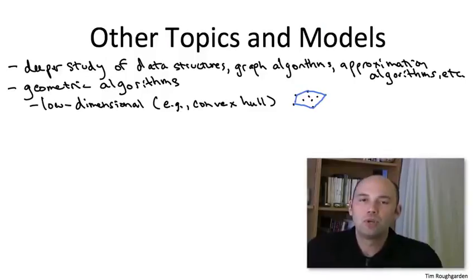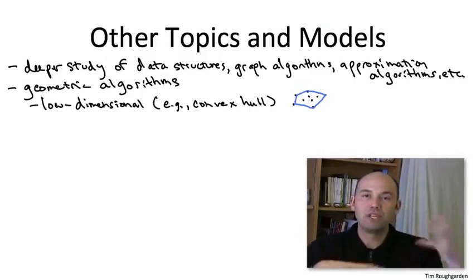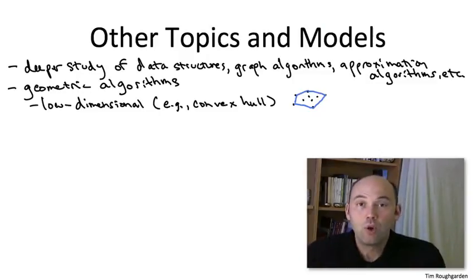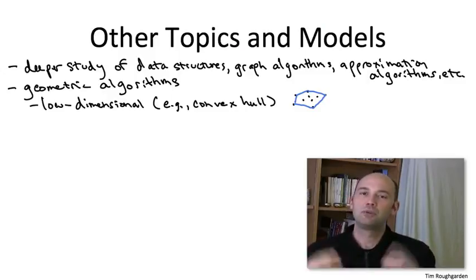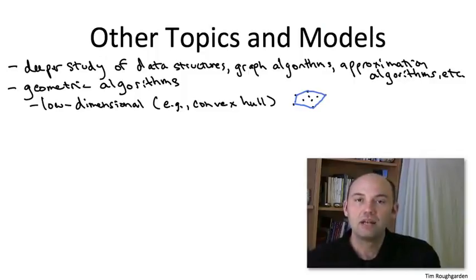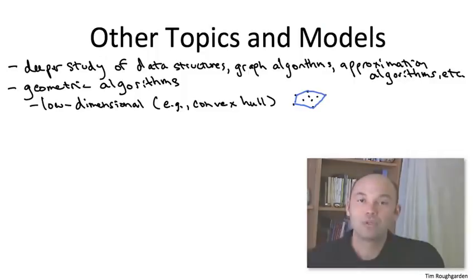So why would you care about computing convex hulls? Well, there's lots of reasons, but as one example, suppose you were doing some 3D graphics and you had moving objects in your scene and you wanted to know when 2 objects collide, because then you have to respond appropriately in rendering the scene. Well, to know whether 2 objects collide, you don't have to remember all of the details of the objects, you just have to keep track of their convex hulls. They collide exactly when their convex hulls intersect, and so that's one reason you might want to do that computation.